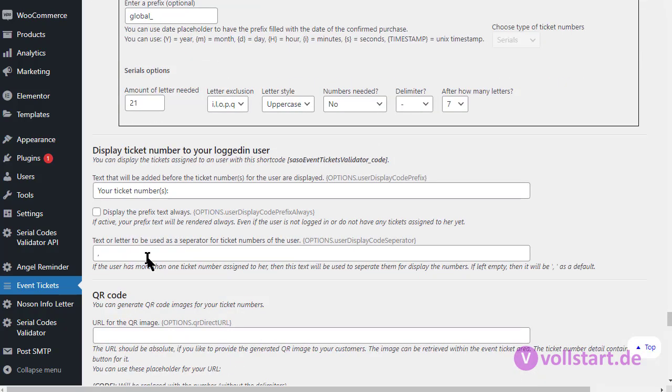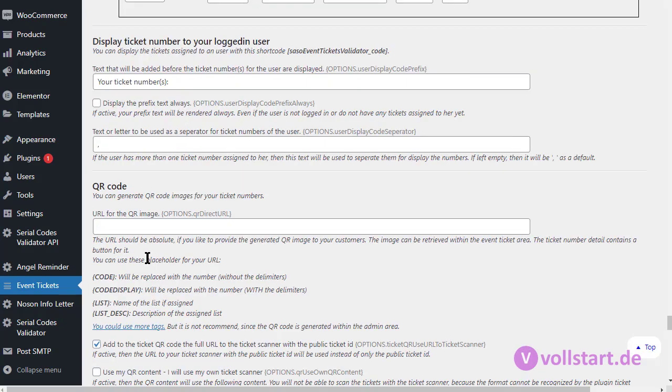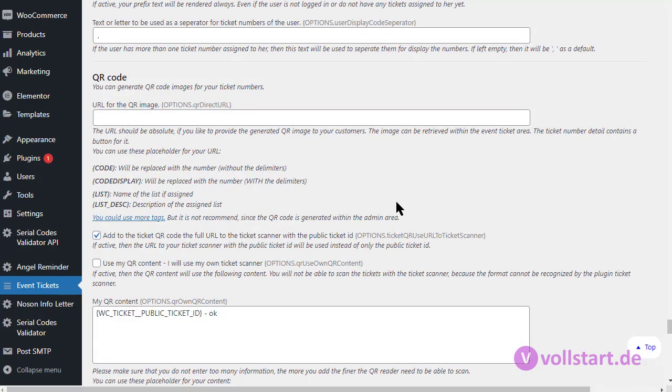Display ticket number to login user QR code. This is for ticket event organizers, in case you have your own system and you want to scan the QR code with your own system and you want to have information that is only readable with your system. You cannot use the ticket scanner from us, from the plugin, no problem.